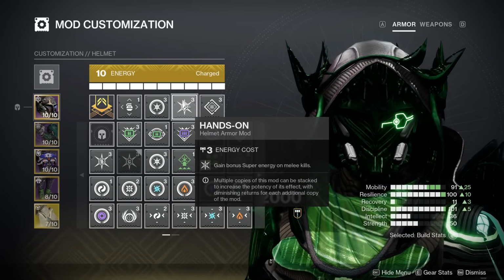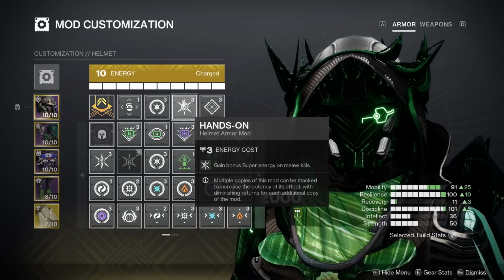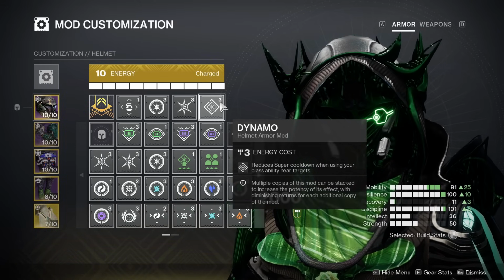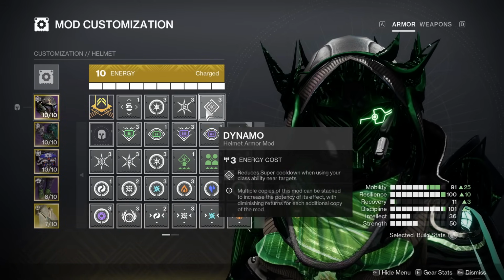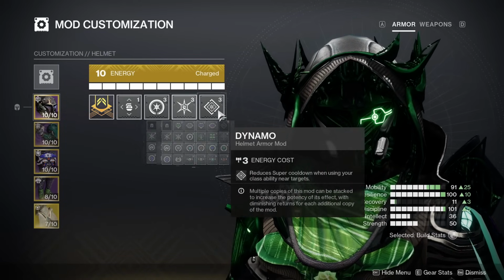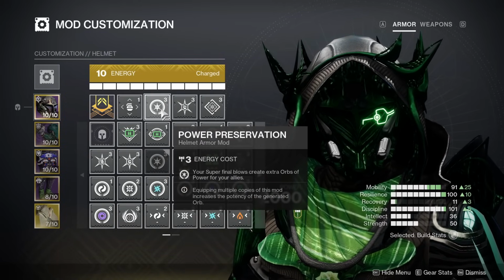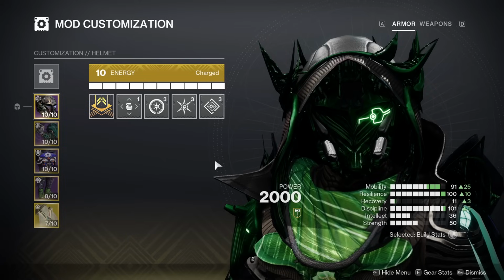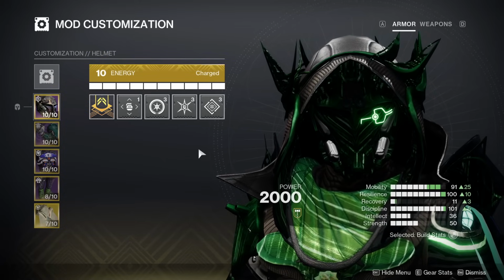But for our other two armor mods, we are going to be running hands-on, so we get bonus super energy on melee kills, and dynamo, so we get bonus super energy when we dodge. Obviously this is going to synergize extremely well with this build because we're always dodging and we're always meleeing targets. So now we get even more super. The super's going to make more orbs. With Gyrfalcon's, we're getting that 50% super back. We can spam these literally all the time,